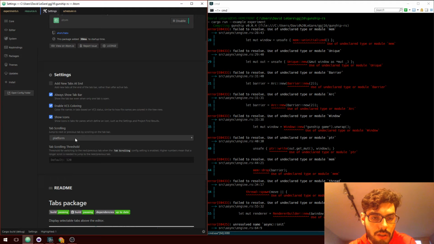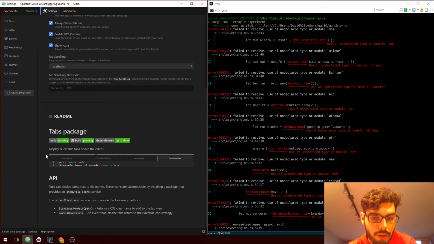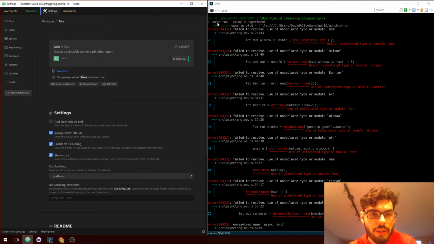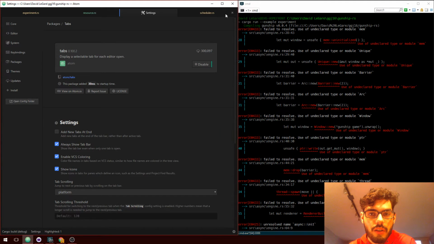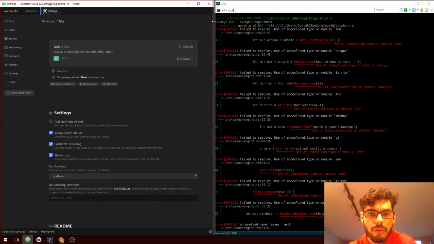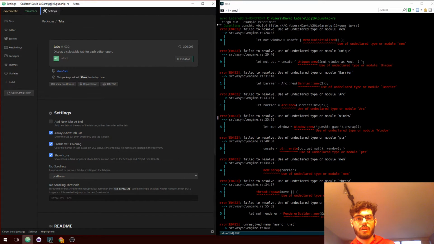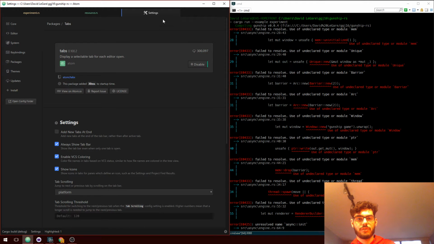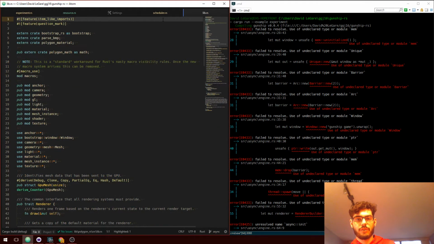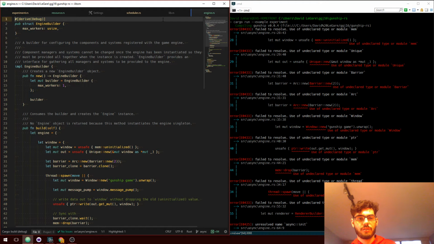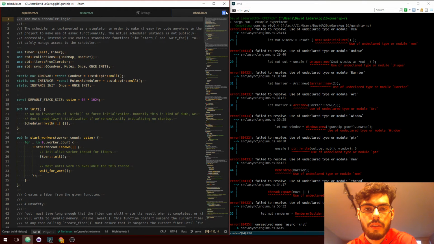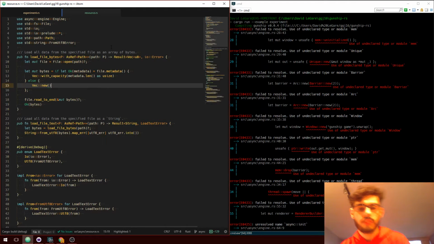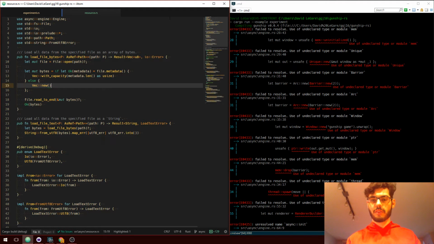Tab scrolling, jump to the next or previous tab by scrolling the tab bar. Platform specific, I'm cool with that. Tab scrolling threshold, but no settings for making these not go all tiny when I... Can I get smaller now, or is it just like a constant cutoff? What I'm trying to find out is... Oh, they totally get smaller. I call bullshit. Okay, well, that's how it goes, I suppose.